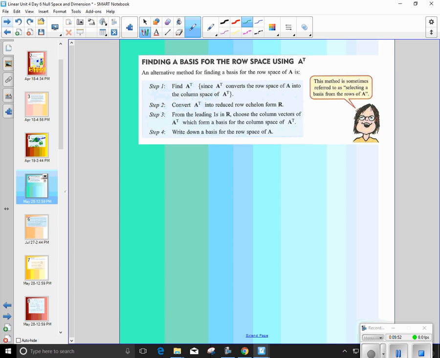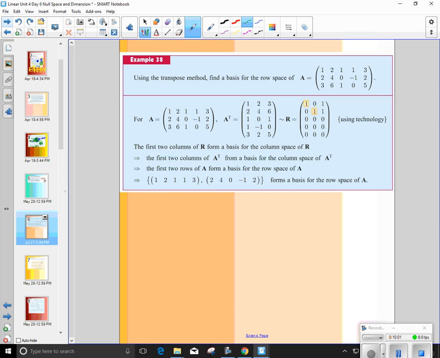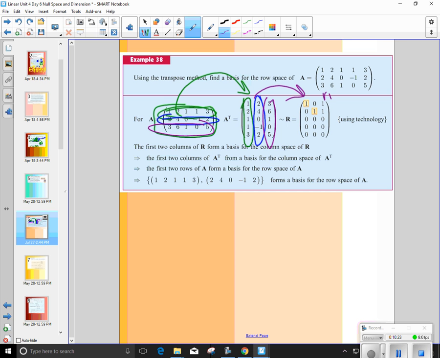Now, there's a second method, and that is to do what they call a transposed matrix and then do a reduced row echelon. And that one's kind of cool too. So you take this thing we just had and transpose it. 1, 2, 1, 1, 3, 1, 2, 1, 1, 3, 2, 4, 0, negative 1, 2, and you transpose it, right? So in doing so,